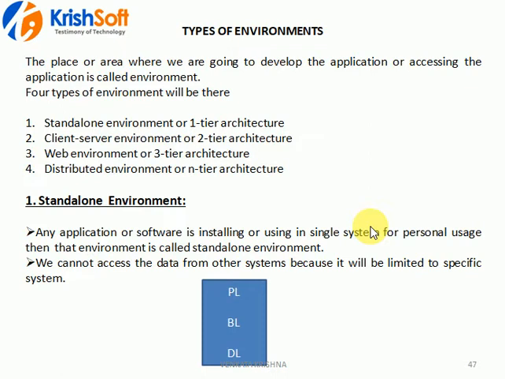So how many types of applications will there usually be? Standalone applications. Let me discuss some examples. You installed some gaming software on your machine. You are able to play that game on your system. Can we access that game, which you installed on your system, on another system? No, it is not possible. When you install a game on a particular system, you can access it only on that machine, not on another machine. So whatever is required for that game, everything is there in a single system.